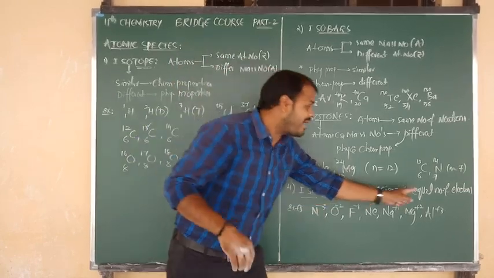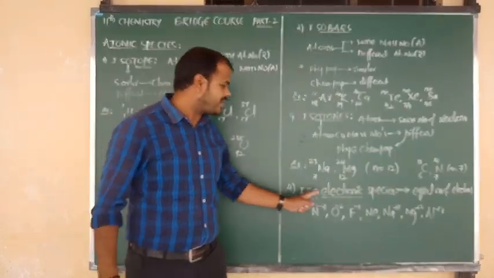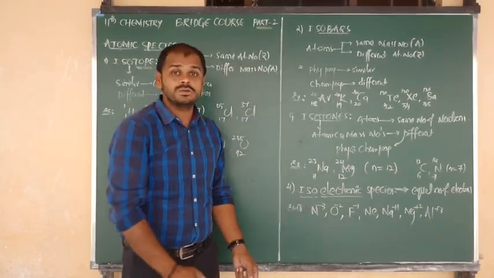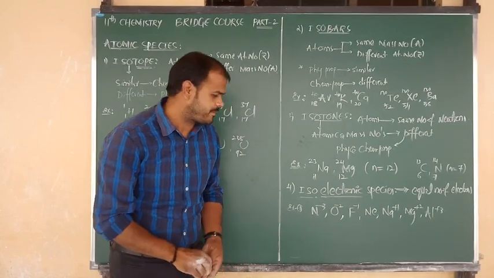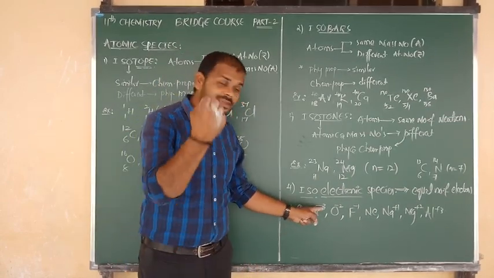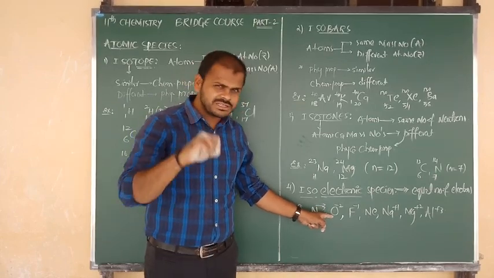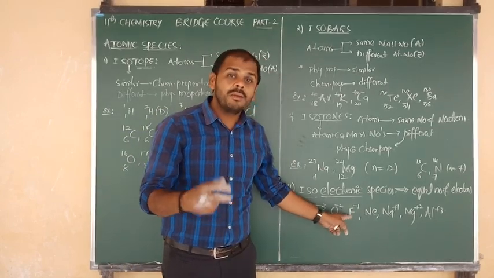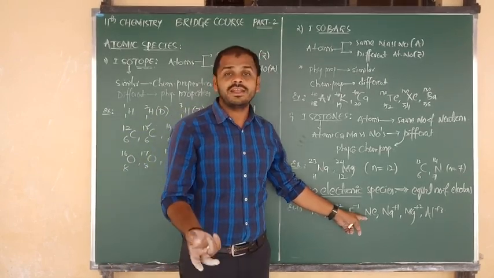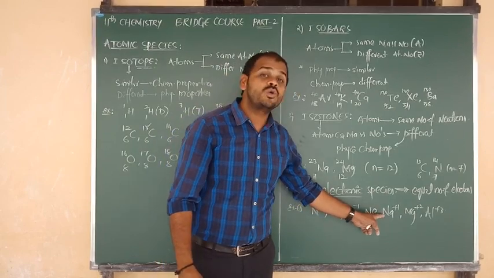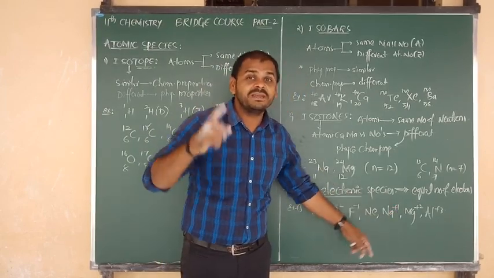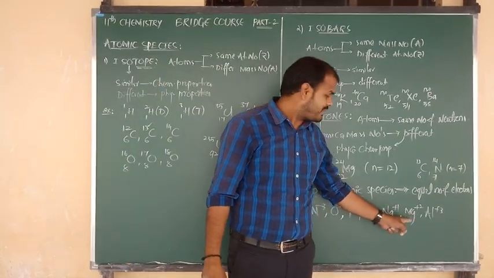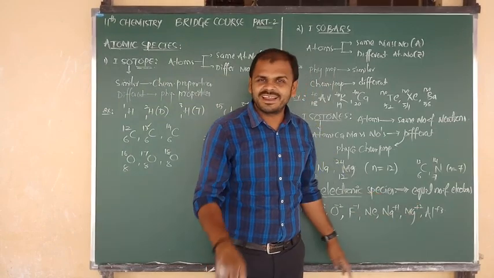So the species which have an equal number of electrons are known as isoelectronic species. Now all these given examples have the same number of electrons. Nitrogen contains 7, but by gain of 3, 10. Oxygen contains originally 8 electrons, but by gain of 2, 10. Fluorine contains 9 electrons originally, by gain of 1, 10. Neon originally contains 10, so no charge. Sodium contains 11, but with +1 we remove 1 electron, 11 minus 1 is 10. Magnesium contains 12, and from 12 we remove 2, again 10.